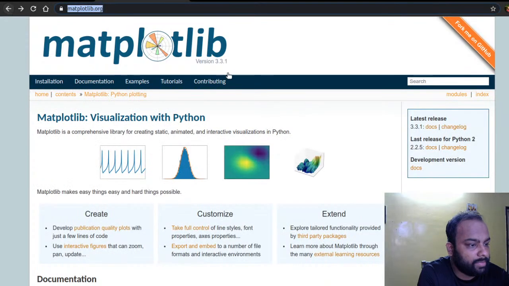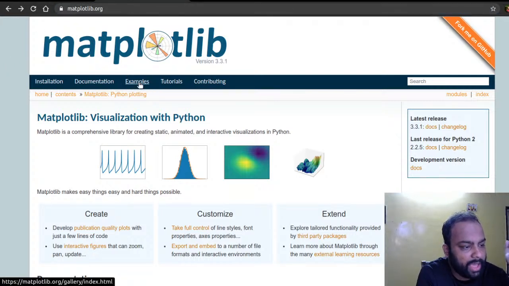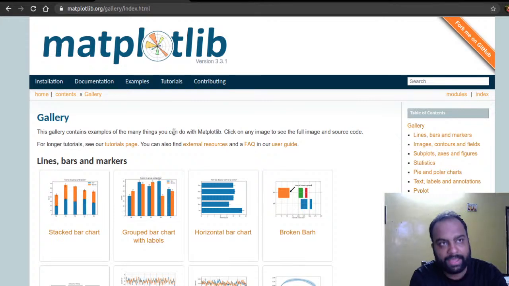So this is the website for Matplotlib, matplotlib.org, and if you go to examples, it lands you on the Matplotlib gallery, right? So here, what you are going to see are samples of different kinds of plots. And again, those who are trying to plot different data using Python, I would strongly suggest that before you even jump into programming your visualization, you go to the Matplotlib gallery and figure out what kind of plot you are looking for, because representing and visualizing data is often a very challenging task,